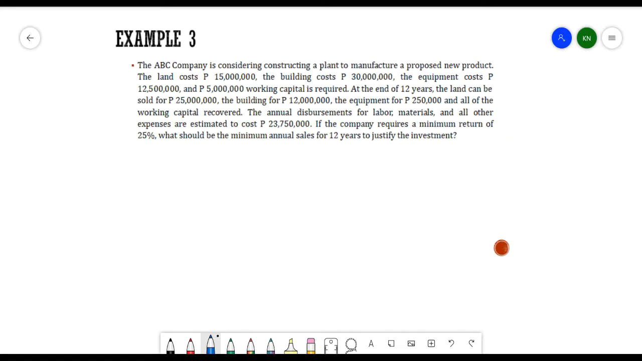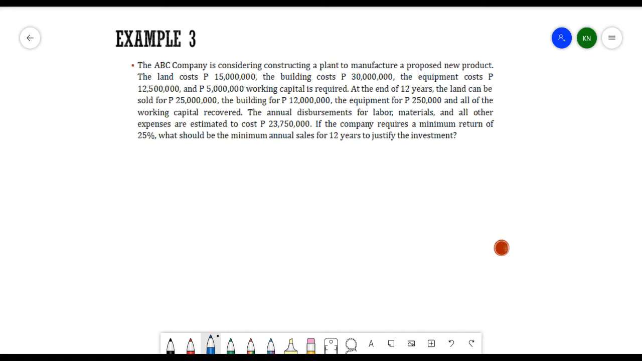The equipment costs 12,500,000 pesos, and 5 million pesos working capital is required. At the end of 12 years, the land can be sold for 25 million pesos, the building for 12 million pesos, the equipment for 250,000 pesos, and all of the working capital recovered. The annual disbursements for labor, materials, and all other expenses are estimated to cost